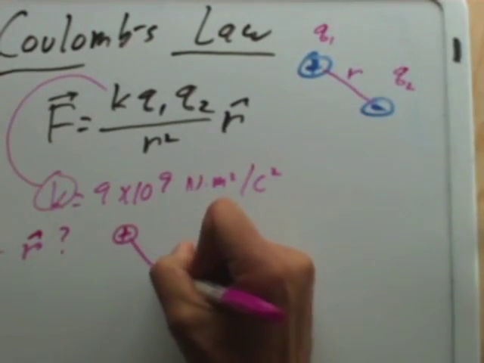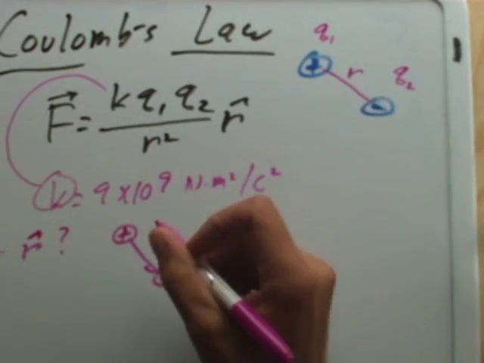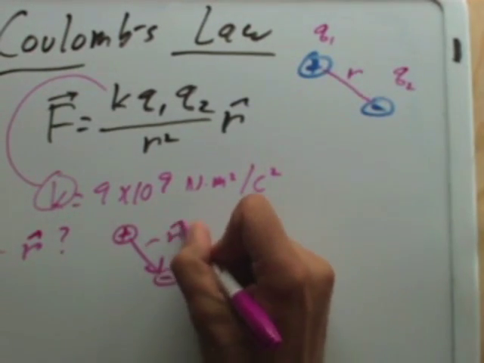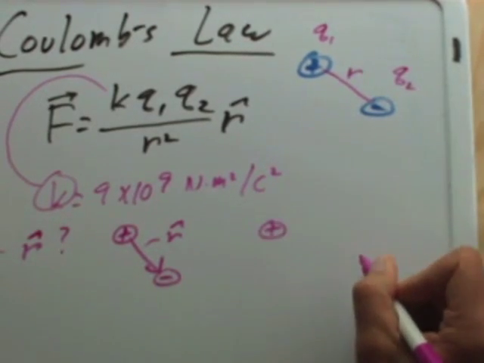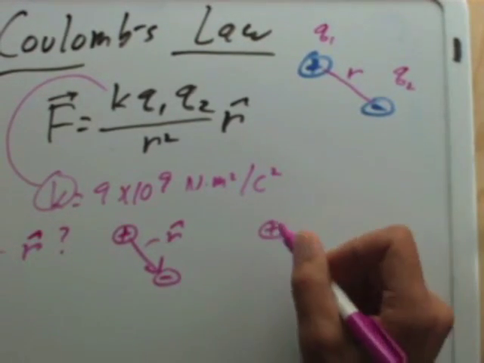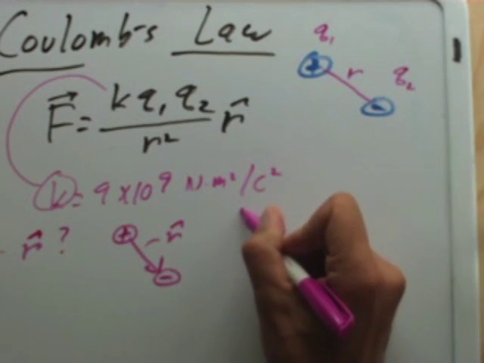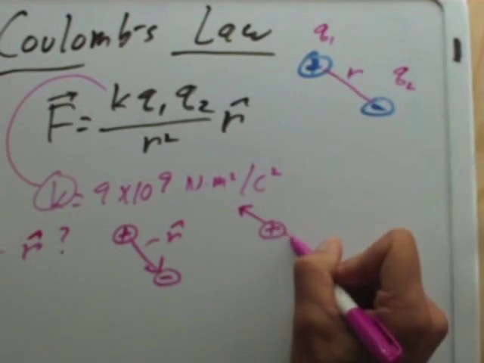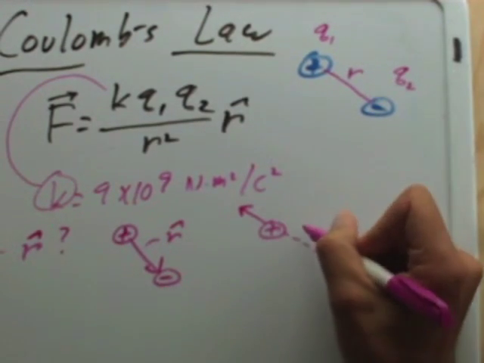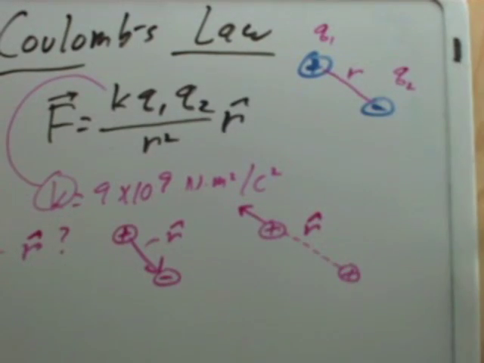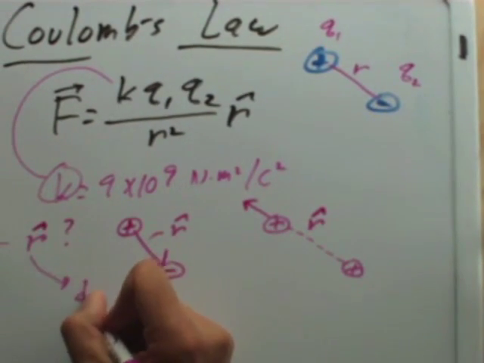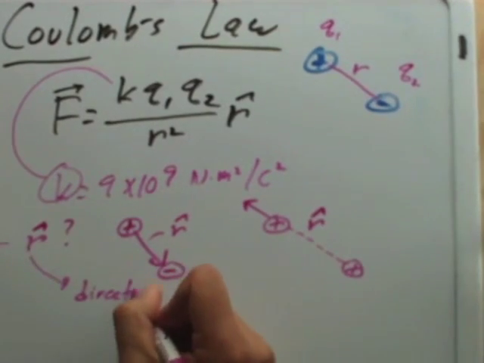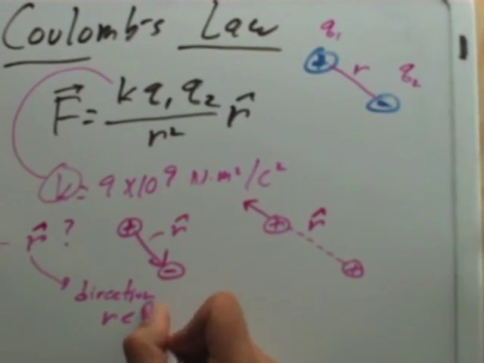This positive charge will be attracted that way towards the negative charge, and we just empirically call this direction here r hat. That's the direction between them. Or if there's a positive charge over here and a positive charge over here, well, the force on this positive charge is going to be up and away that way, and that's again along the line that connects them, but we would call this direction here the r hat direction. So we sort of reserve r hat here as sort of a direction reference